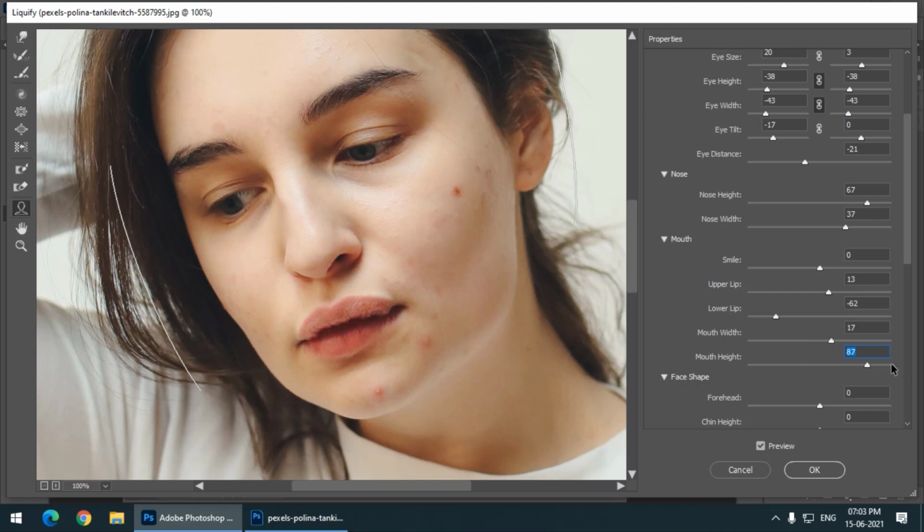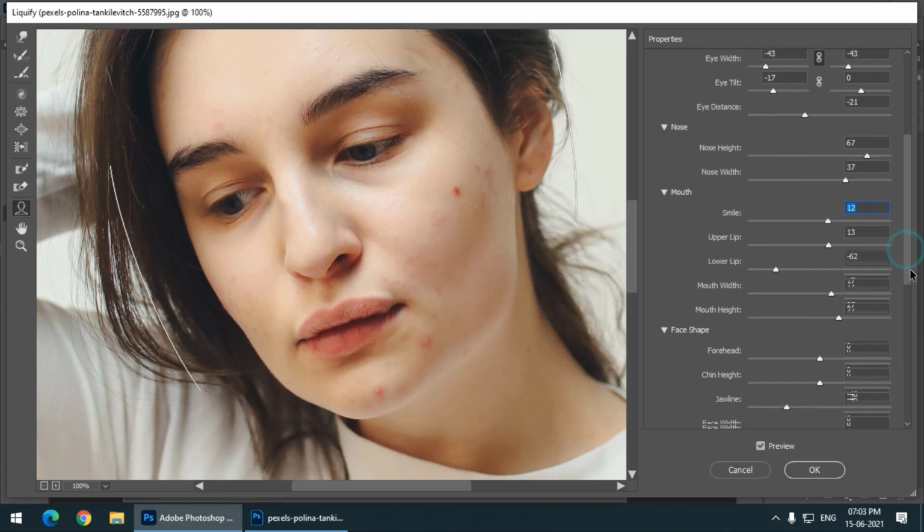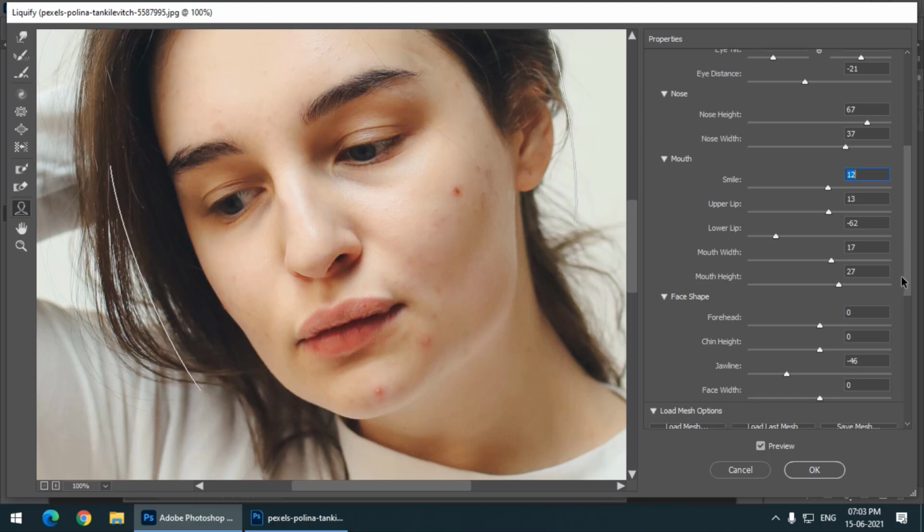Look how it opens, but we cannot do it too much because it won't look realistic. And if I want to change the smile value, let's see, now she is smiling a little bit, but you cannot overdo it. Subtle, this is the smile. And if you want a sad face, then you can simply decrease this value. So it has to be realistic, it has to be precise if you want a good result.